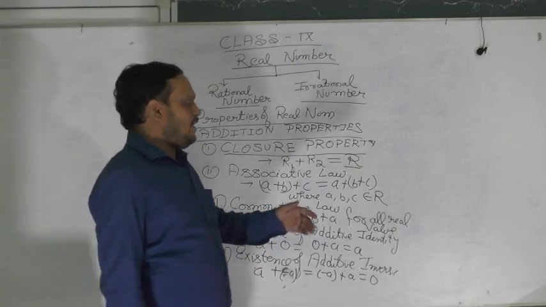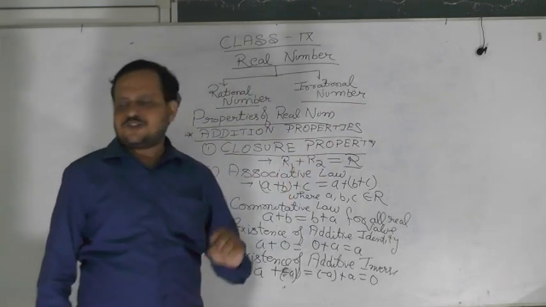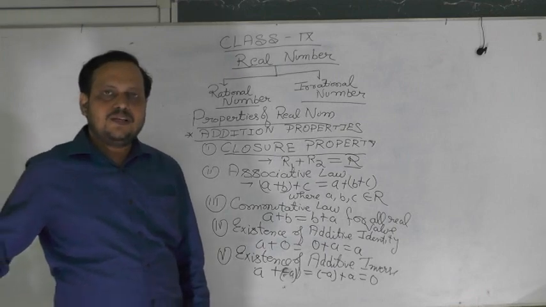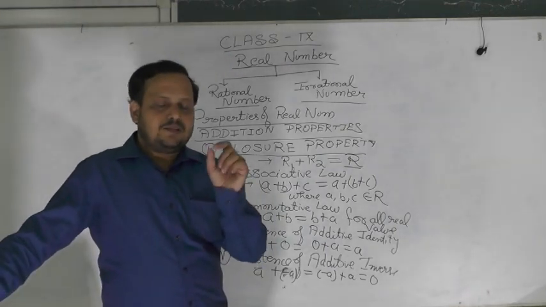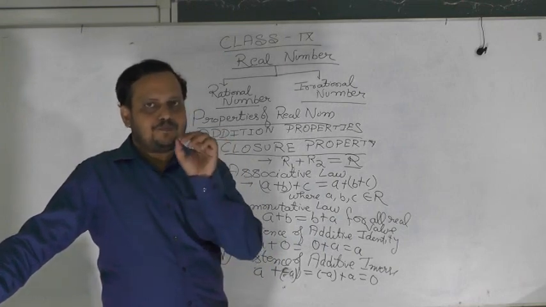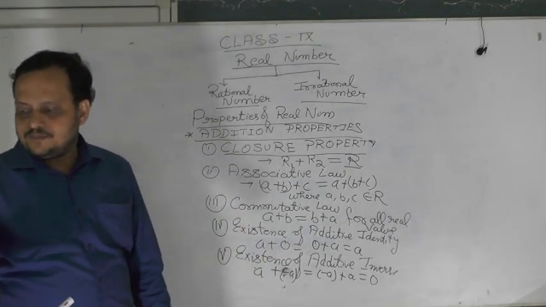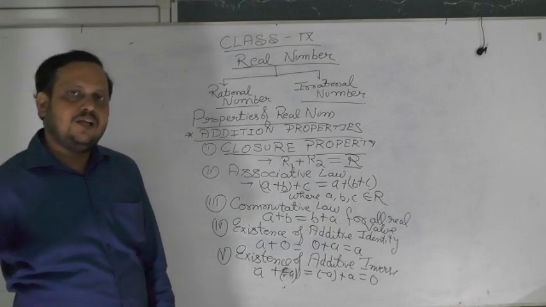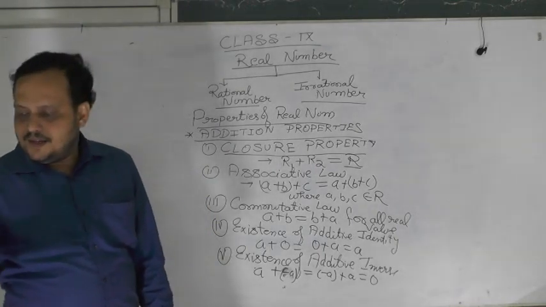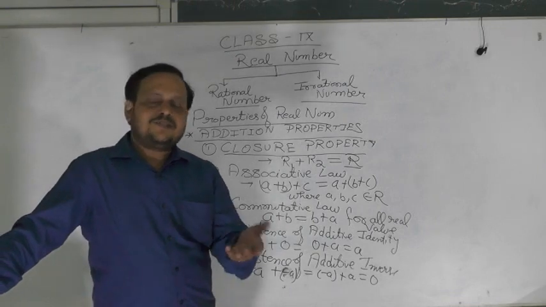As we studied earlier in previous classes, a real number is a combination of rational and irrational numbers. It is either a rational number or an irrational number. Both have a unique identity. As we say, a real number has an integer or terminating decimal or recurring decimal, and if it is non-terminating, it is irrational.